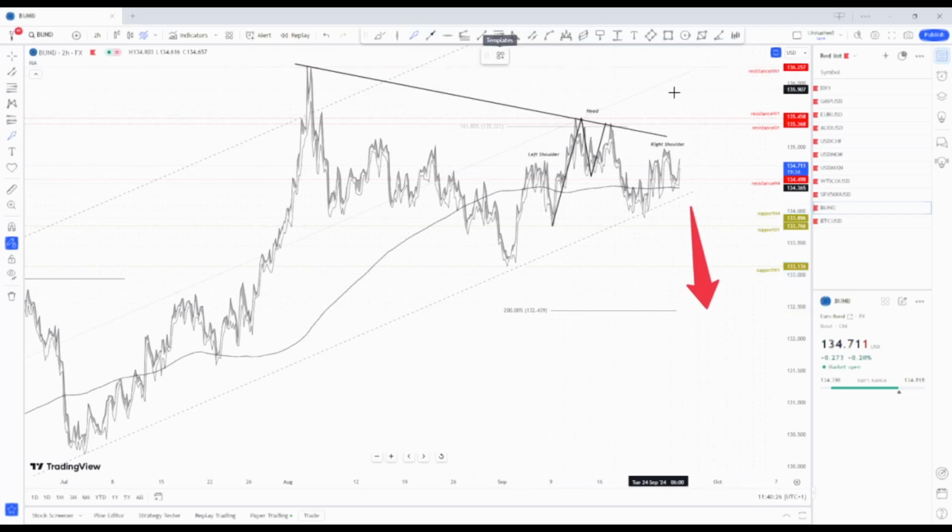Of course, as I said multiple times during this week, and the last week also, we need to wait for the confirmation and the violation of these fractal levels. Weekly fractal resistance 135.45. That's the major resistance level that we should consider. If the price breaks above it, we should see an attempt to retest the previous highs and the monthly fractal